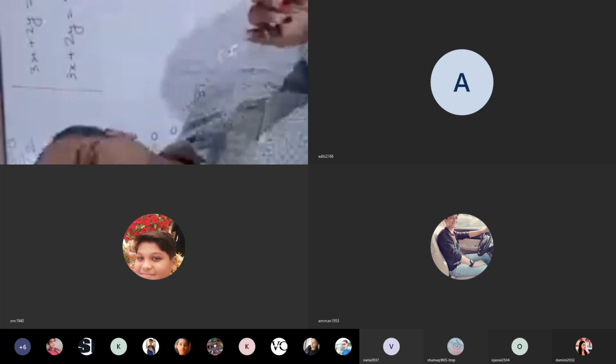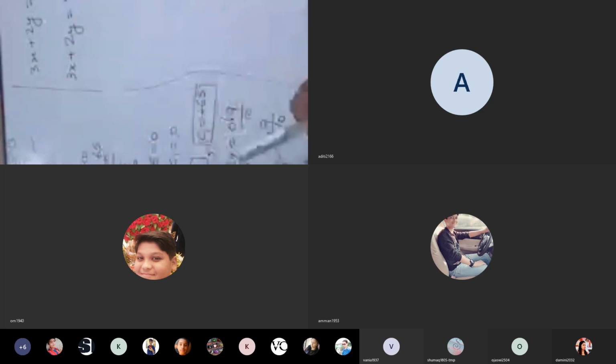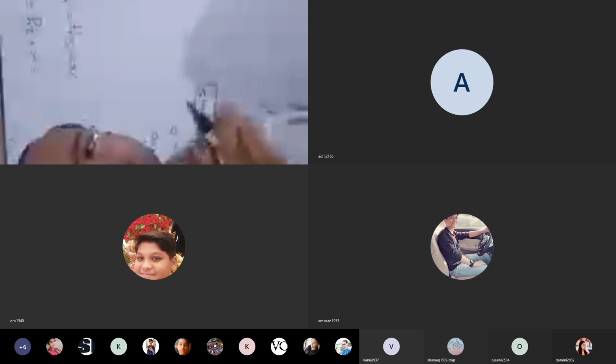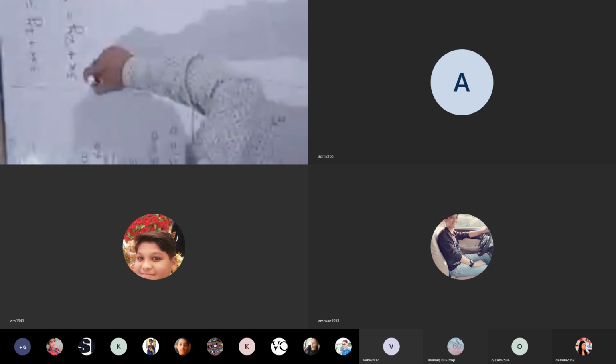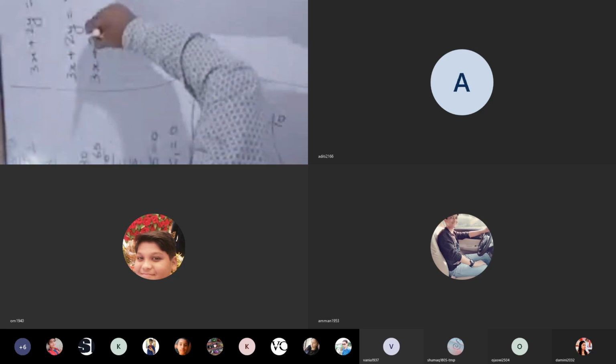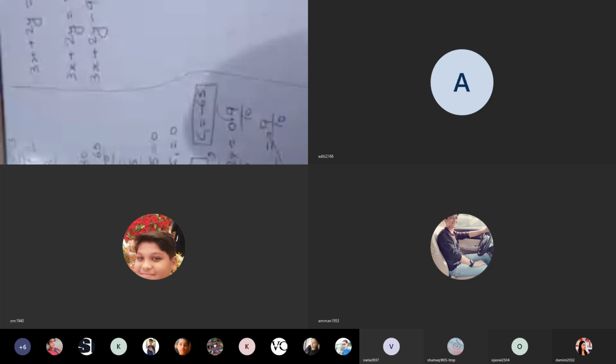Now equation we had solved, but format is on the right hand side we have to make 0, like we made here. This is the equation. So what we had made, this 65 we have to bring on left hand in order to make 0 on the right hand side. Here also we have to use the same method. 9 we will bring here. Now we will write the format. Format is ax plus by plus c is equal to 0.